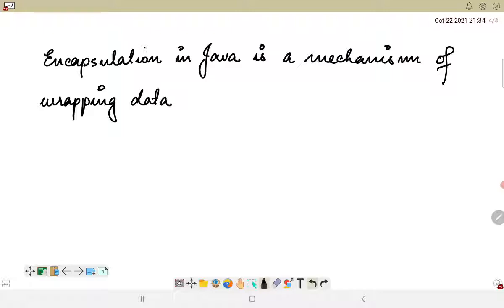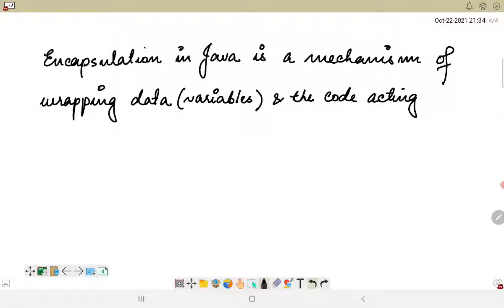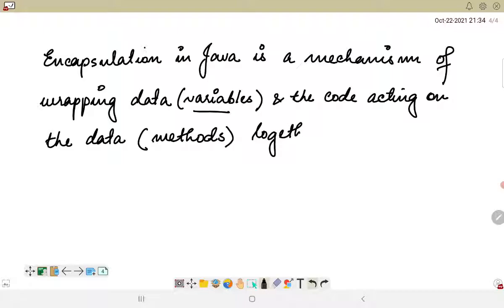By data we mean variables, because we work with variables in order to store the data, so we will directly address the data as variables here, and the code acting on the data. What is the code which is acting on the data? It is a block of code which uses these variables, and that block of code is a method. So variables and methods together as a single unit.